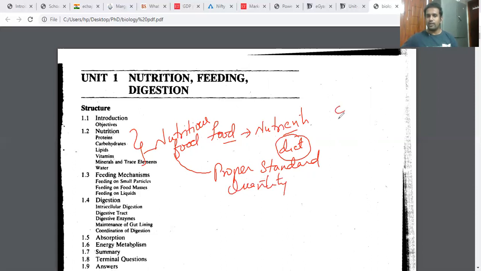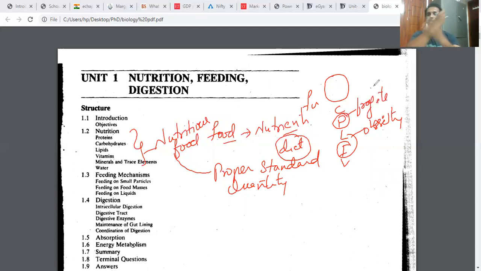Suppose I have carbohydrates, proteins, lipids, fats, vitamins in my food. This is my food plate. I am having all these things and I am eating it. But if I don't eat in proper proportion, suppose I take more fats, I'll get a disease called obesity. Right or wrong? If I don't take much protein, what happens to my bones? They become fragile. They can easily break. Right or wrong? Yes, sir, it is right. You are right. Fine.